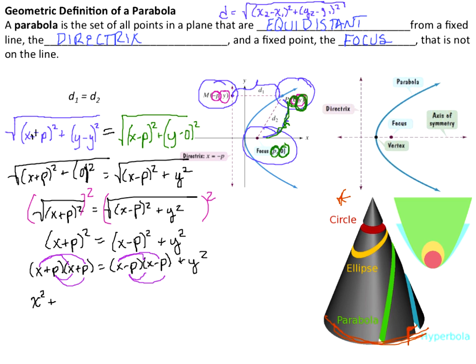All right, so once you do that multiplication and simplify for the sake of space here, I end up with x squared plus 2xp plus p squared equals x squared minus 2xp plus p squared plus y squared. All right, so if I came back and subtracted x squared off of both sides, they would both go away. And I can also subtract p squared off of both sides. I'm just cleaning it up here. Those both make 0 pairs. And so now I'm left with